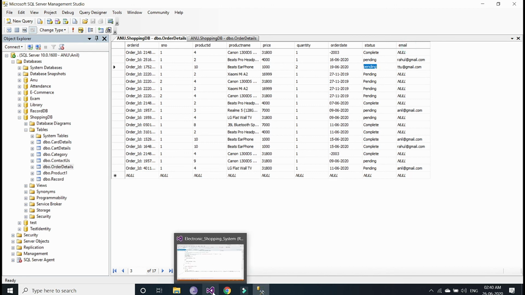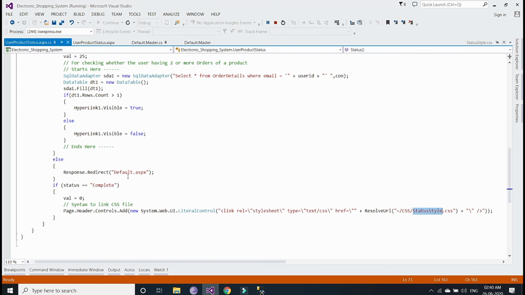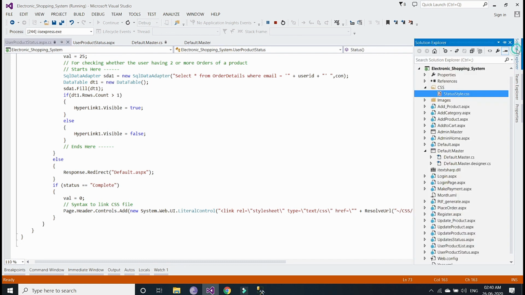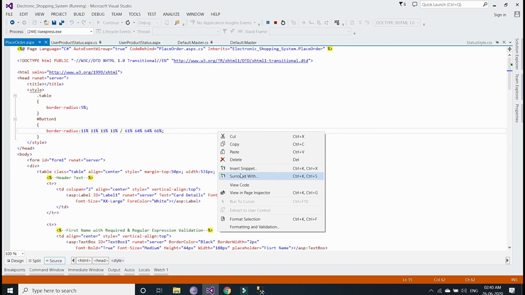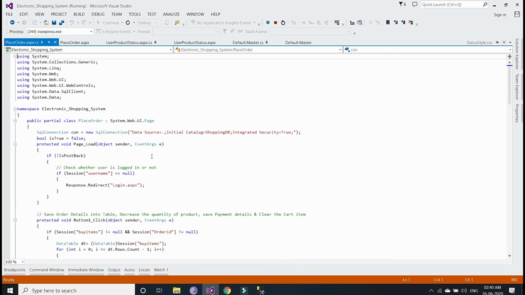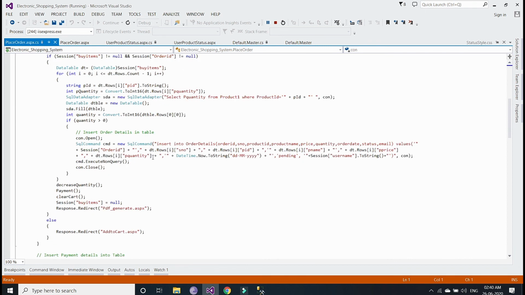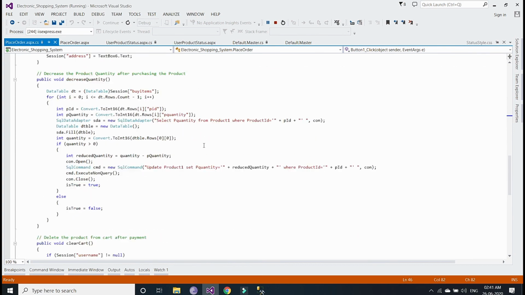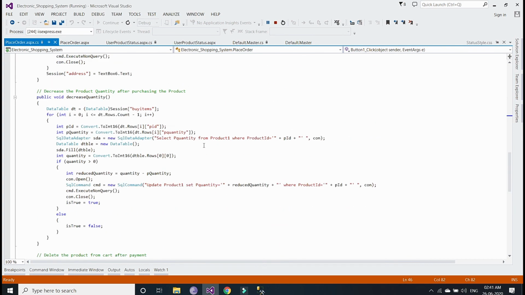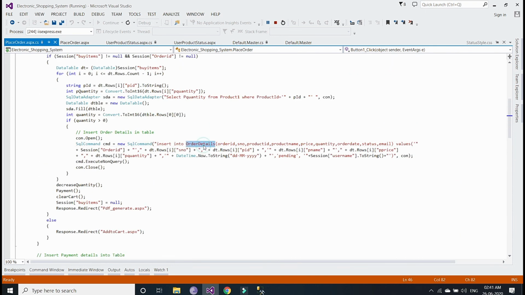So go to that page, which is inside the place order page, in the code behind page. Let's go from here, view code, where we have used order details. Actually, we have used it at one place, this one.